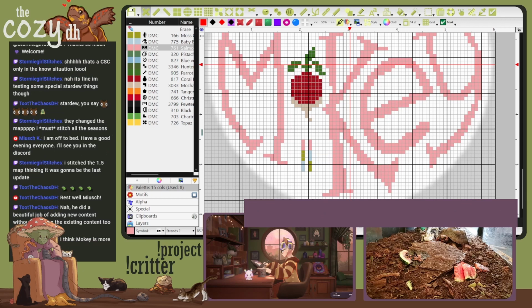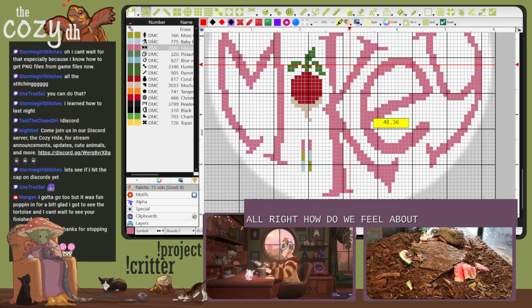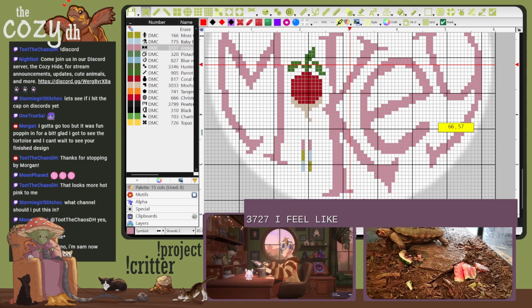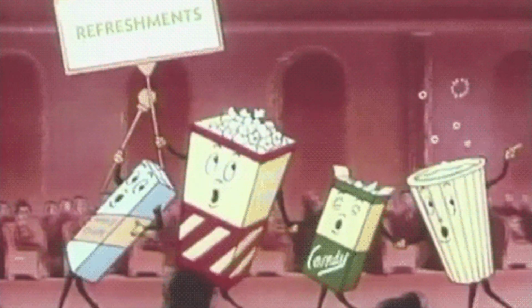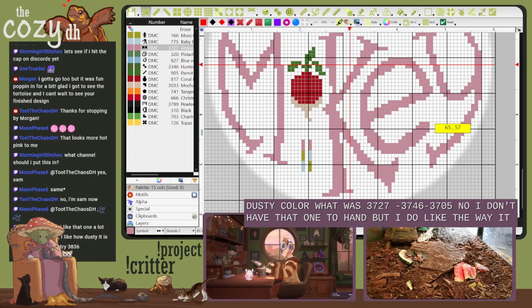You think Moki is more of a lavendery pink? I think so, yeah. All right, how do we feel about that mauve? Maybe a little bit lighter? 3727. I feel like we have that one in stock. Please hold. No, I don't have that one to hand, but I do like the way it looks. Try